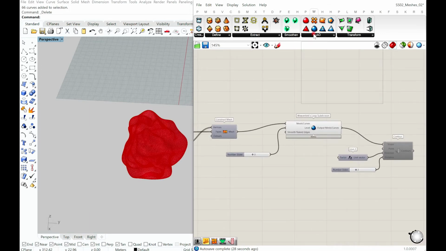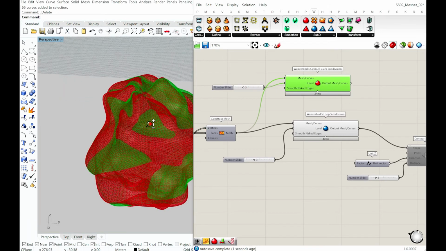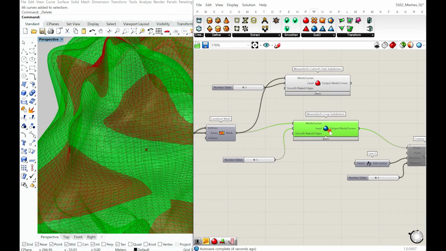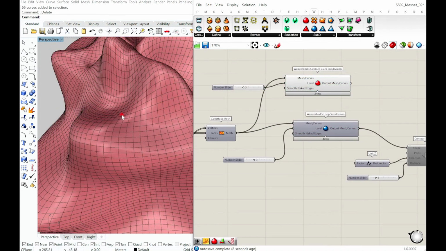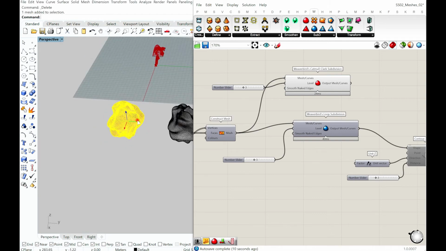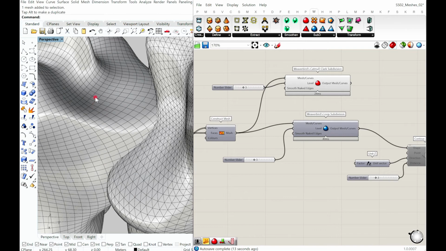You can also use Catmull-Clark, which goes slightly different. Again, I will go with 3 levels, and this one gives a slightly different result. And this one is not triangulated.